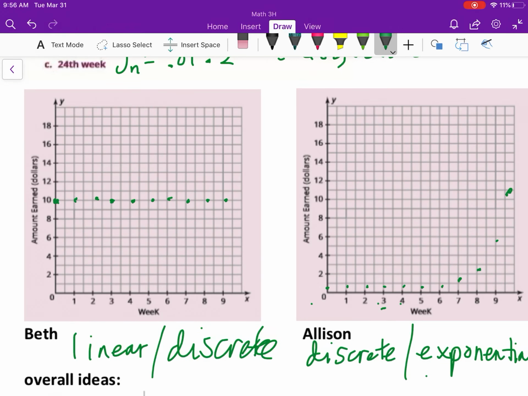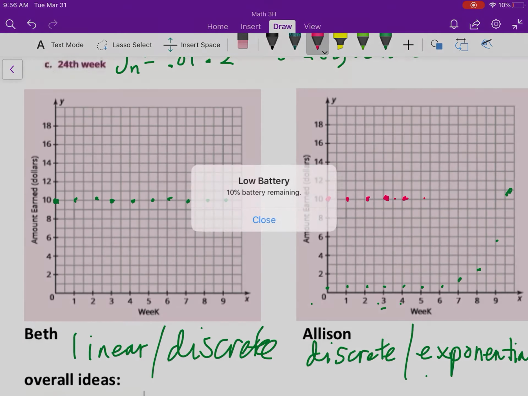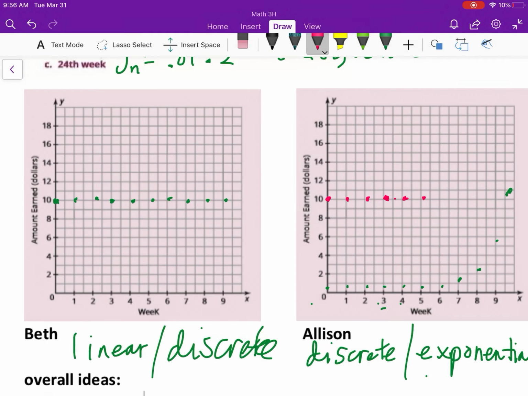Now, what happens is I could actually put Beth's graph with her $10. Watch this. 10, 10, 10. Dang it. 10, 10, 10, 10, 10, 10, 10. So you'll see here, if I actually connect them,